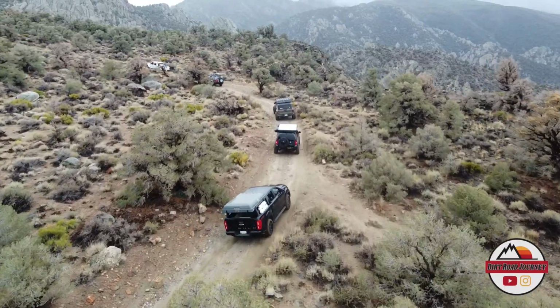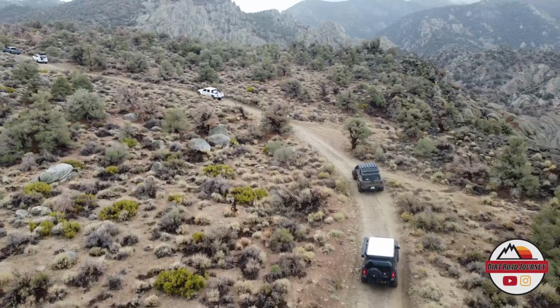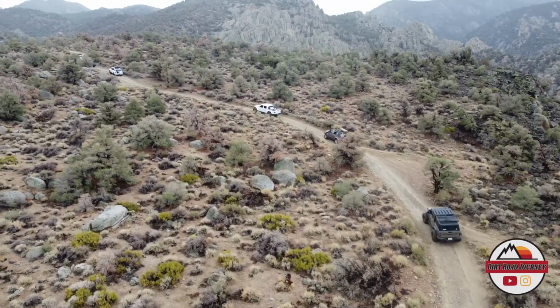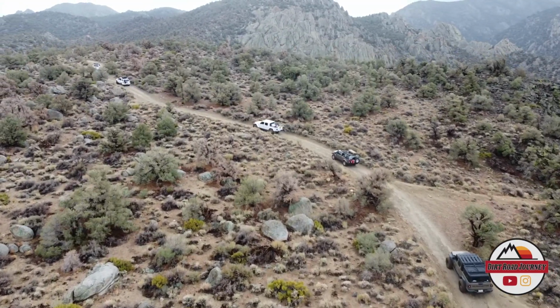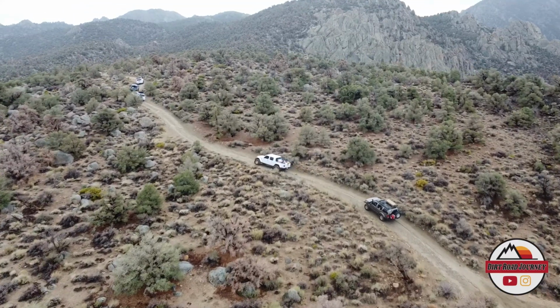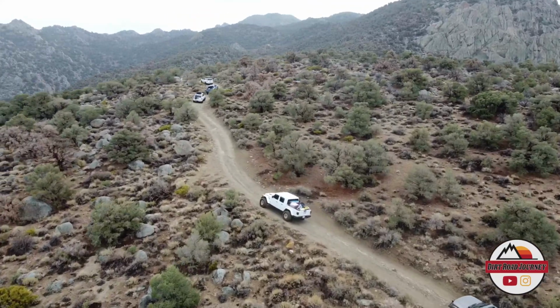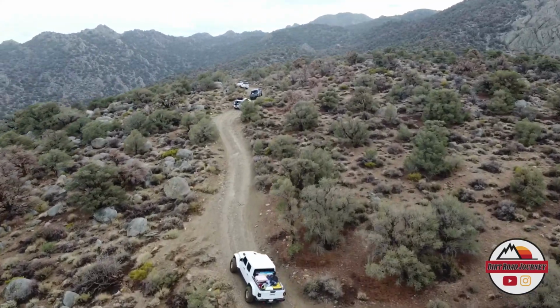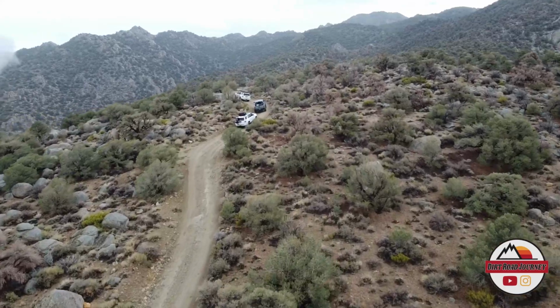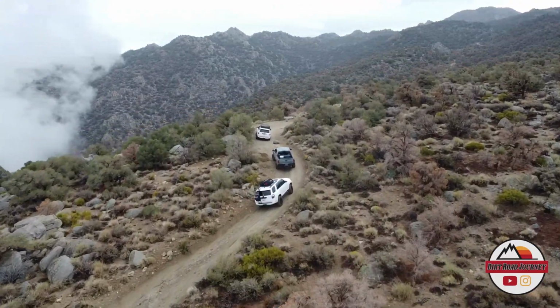Now, depending on weather conditions and your rate of speed, it usually takes people around 1.5 hours to 3 hours to make it out to the lake. Now remember, it's out and back, so you're looking at that time to make it back out of the trail. We would rate this trail as an experienced driver only due to the weather conditions, and the